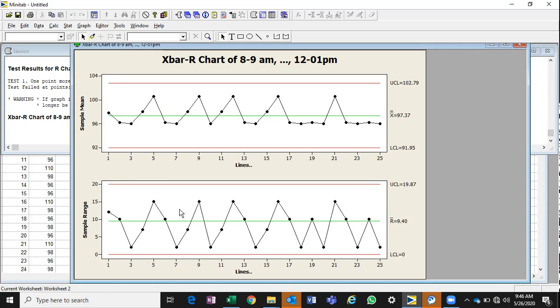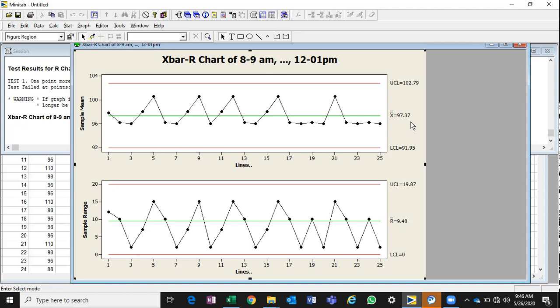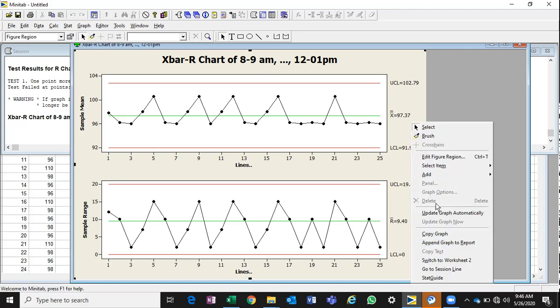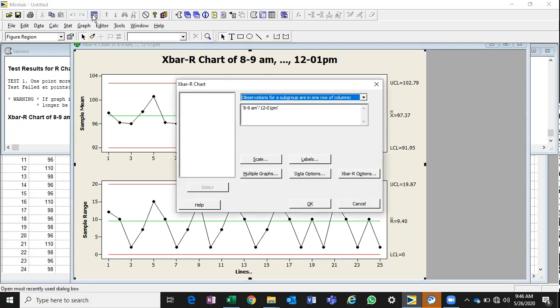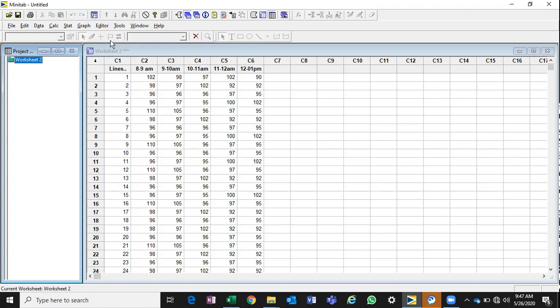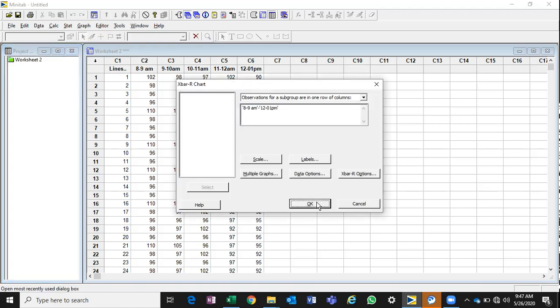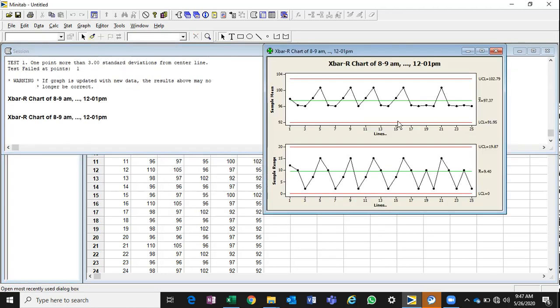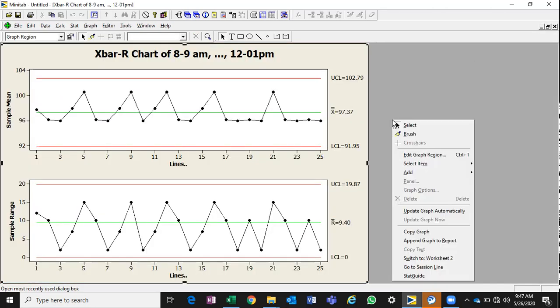I would also like to tell you there are three useful tabs you can use. The one I use is the spreadsheet, where you can click the data, come back here, and update the graph automatically. That means you can change the data and you don't need to update it every time. For example, if you want to change some data here, you can go to the data, change it, then come back and it will get updated automatically. Yeah, that is one tip.